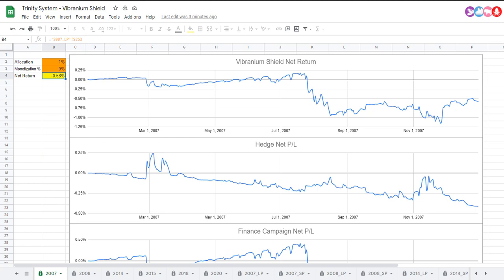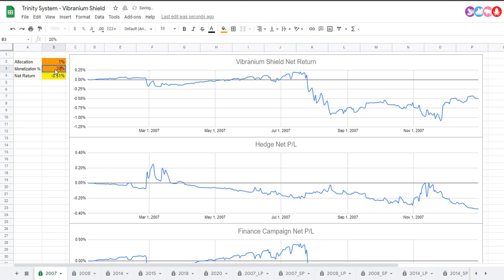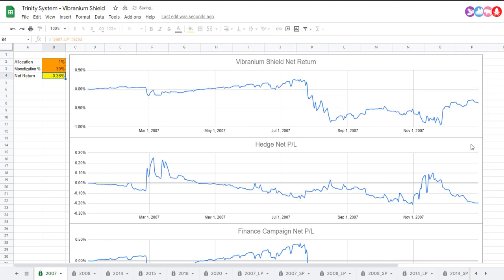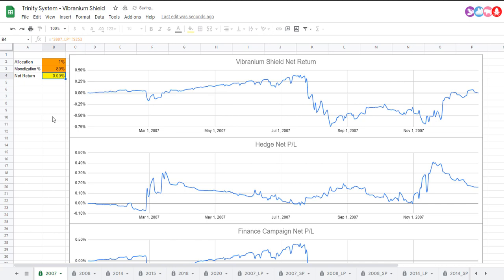So one thing I want to figure out is how much do we need to monetize? Because remember, you can't expect to catch perfectly the peak of all these crashes. So you can play around with this, right? I'm going to increase the monetization to 10%, 20%, 30%, and you guys can do this. You can see the hedge P&L start to rise, and it's starting to prop up the net return of the Vibranium Shield net return. Right now, if I remember correctly, in 2007 you needed basically 80% monetization just to